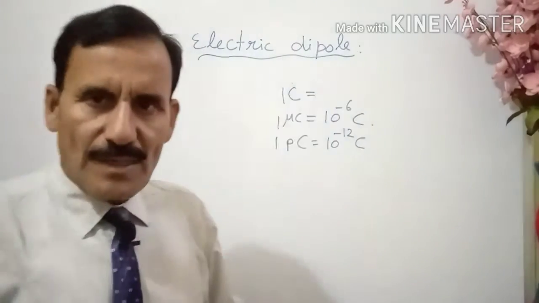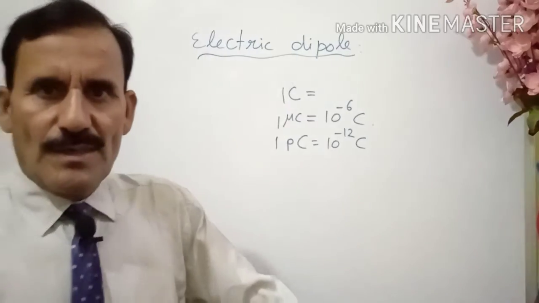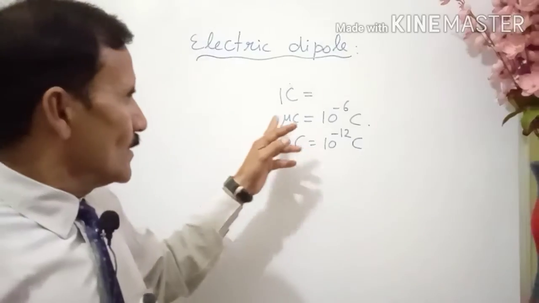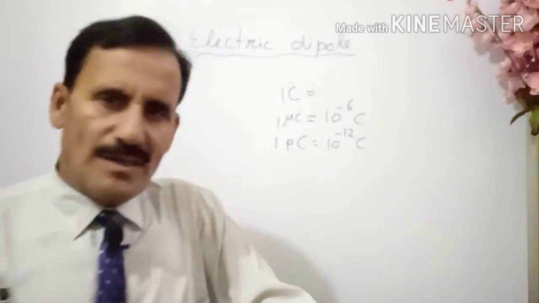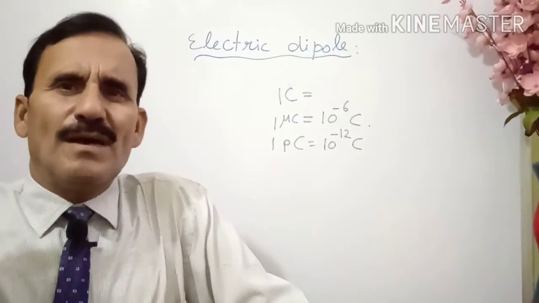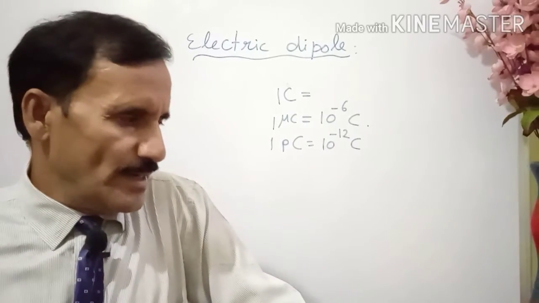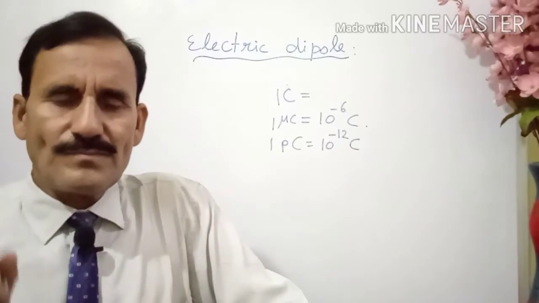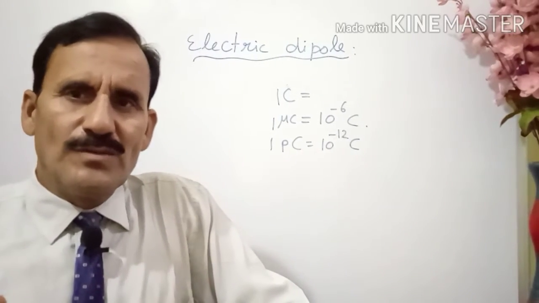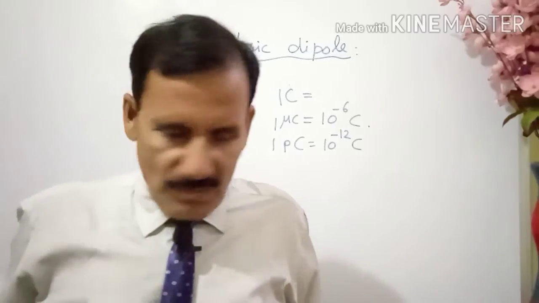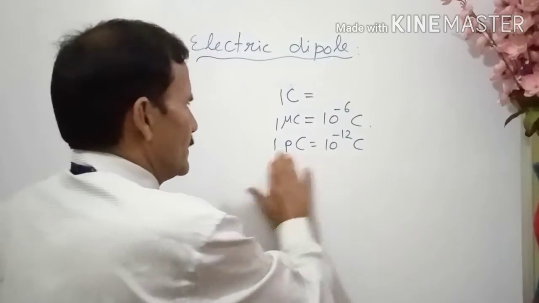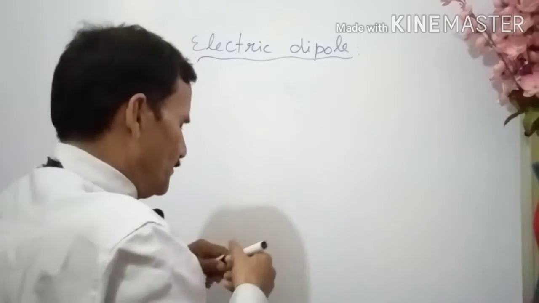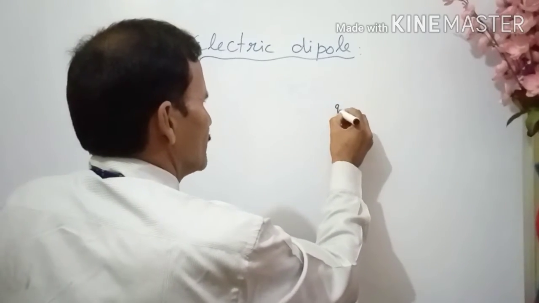So when we are talking about point charges, that means they are very small, not 1 coulomb. They are either microcoulombs or smaller, so these things are hypothetical. You cannot see them with your naked eyes, but when you apply a microscope, then you can see them. So suppose you are having the point charges and they are placed at a very small distance and they are equal